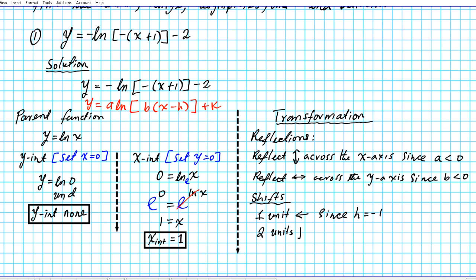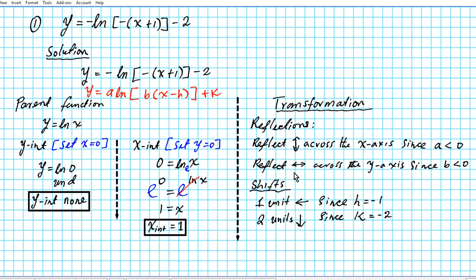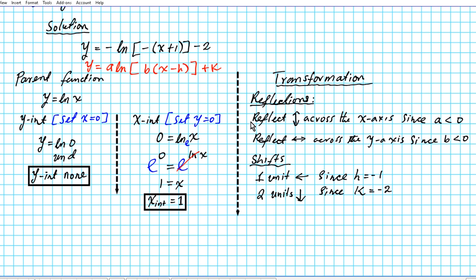Why we're moving 2 units down is because of the k value, since k is equal to negative 2. All right? So there go our transformations, and there go the parent function and the intercepts. Another thing that's going to help us graph the function is the vertical asymptote of the